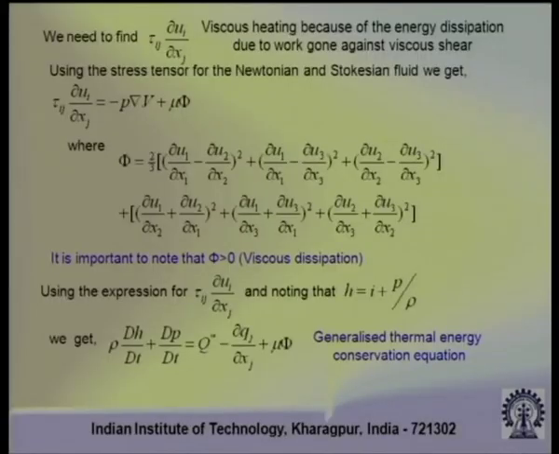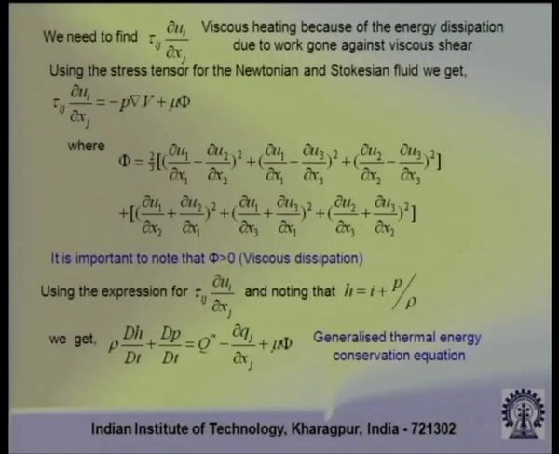So, once we have done that, next we again concentrate on the left hand side of the equation where the expression was written in terms of internal energy. Our final objective is to write the energy equation in terms of temperature, because that is the most intuitively understandable measurable quantity. So, we have first written it in terms of internal energy, next we will write it in terms of enthalpy, and then we will write it in terms of temperature to show the different forms of the equation. So, let us see how to do that.